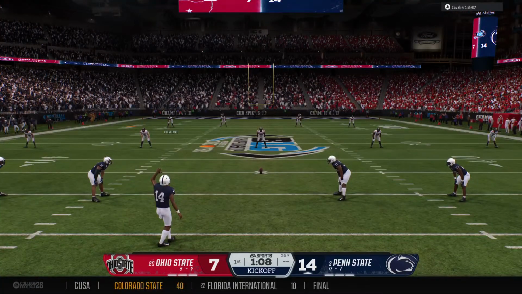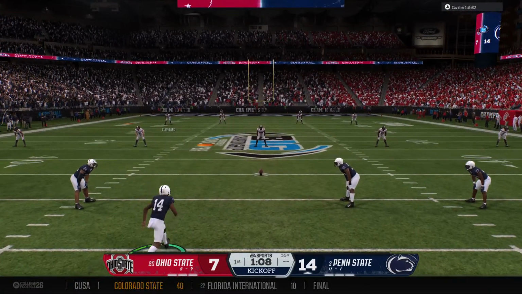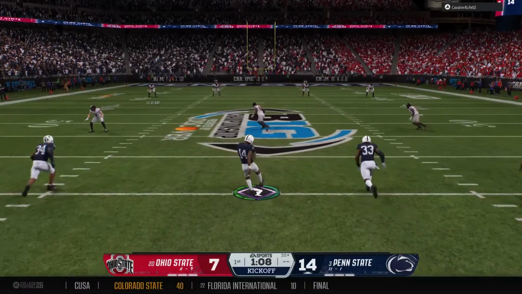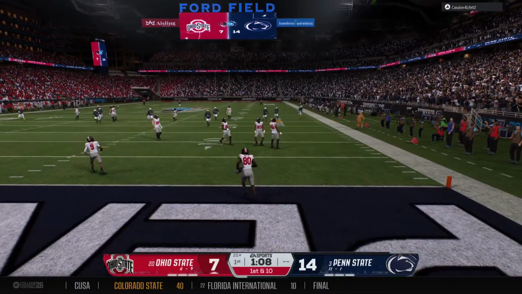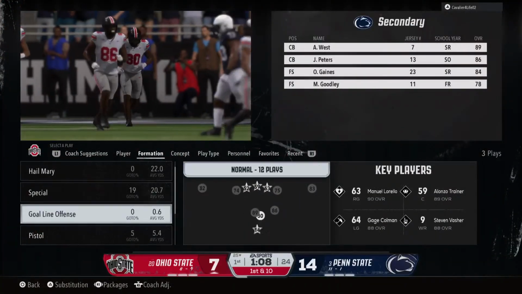Got momentum after scoring that touchdown. Now the kickoff team is out there to kick it away. And he'll return the kickoff right there. He'll start from the 25.